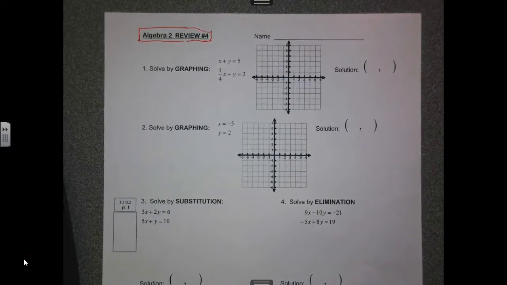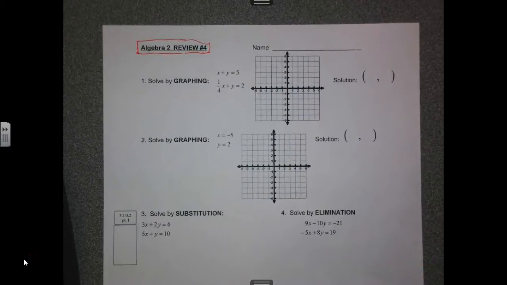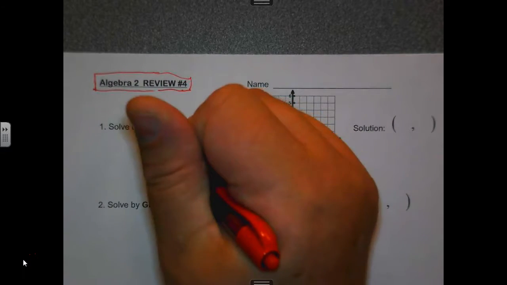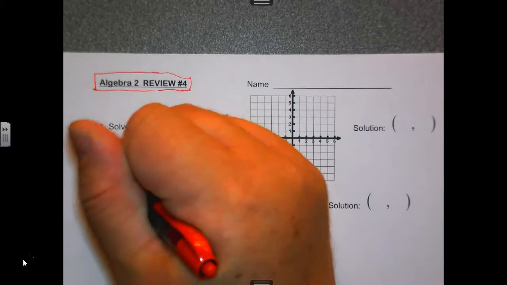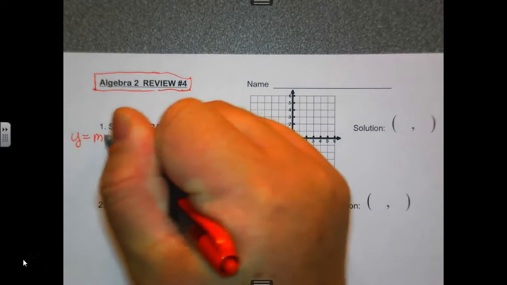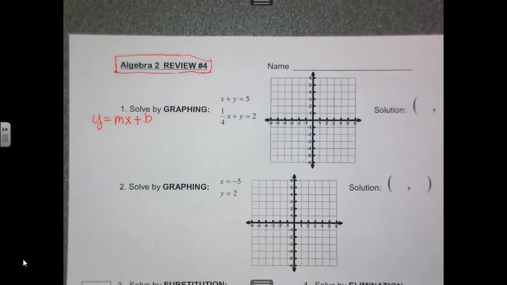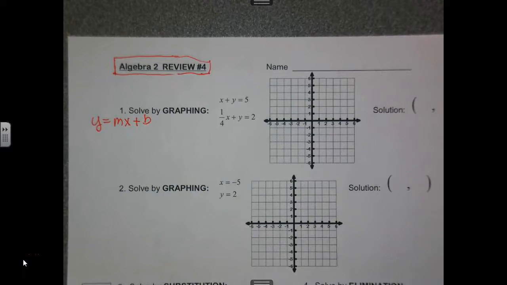Okay, it was solving systems of equations by graphing, substitution, and or elimination. Okay, the first problem you have to solve by graphing. The first thing you have to do is get this in slope-intercept form, y equals mx plus b. In other words, solve for y. So the first equation,